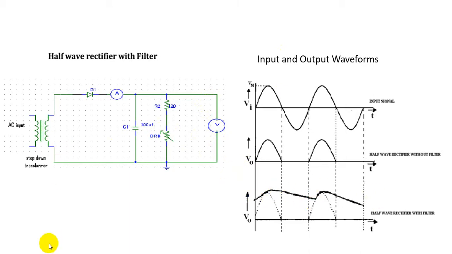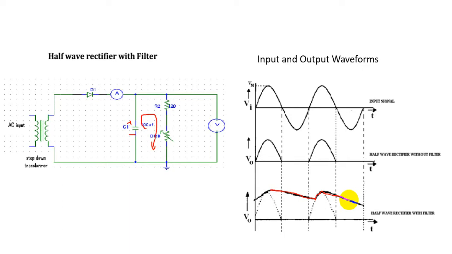The working will be, initially the capacitor will be charged with the polarity plus and minus, and once it is fully charged, it will reverse bias the diode and the capacitor alone will deliver to the load, so the capacitor will be discharging like this. Once the capacitor voltage goes low, then again it will be charged from the supply, then again it will be discharging through the load. So this is how it is able to provide a constant output at the output terminals.